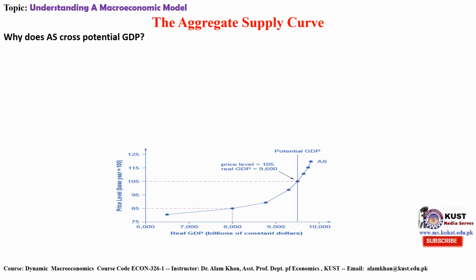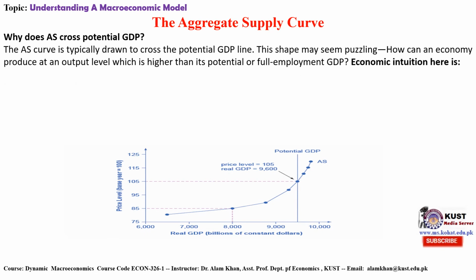Why does aggregate supply cross potential GDP? The aggregate supply curve is typically drawn to cross the potential GDP line. This shape may seem puzzling. How can an economy produce at an output level which is higher than its potential or full employment GDP? Economic intuition here is,